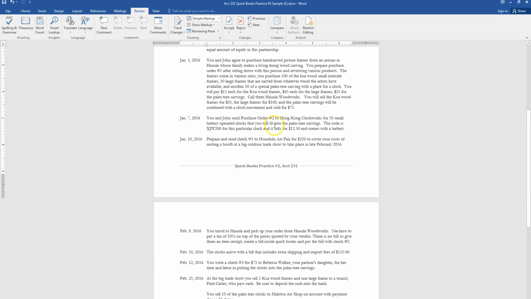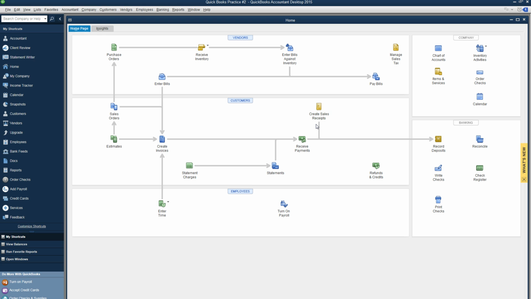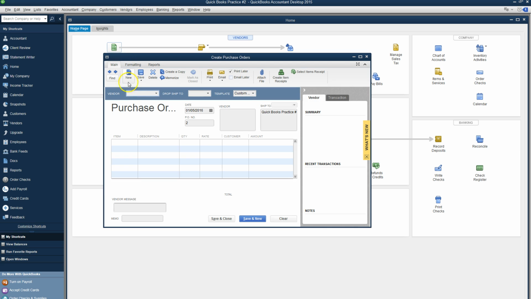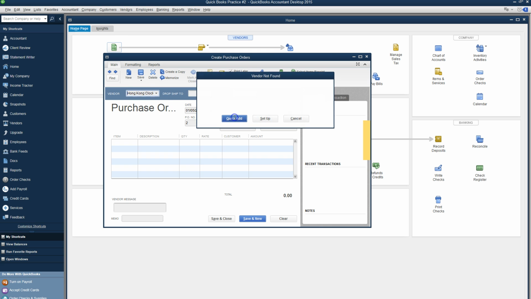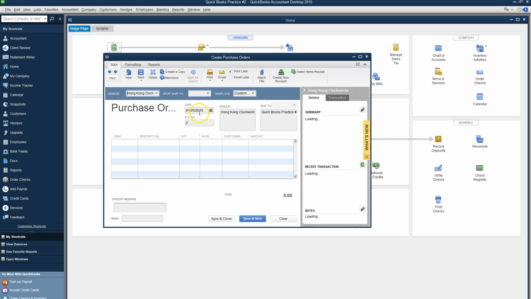So we're going to do a second purchase order to Hong Kong Clockworks for 50 battery-operated clocks. They will sell for $12.50. Okay, so January 7th, we have a purchase order for Hong Kong Clockworks. And we will add them as a vendor. And it's now the 7th of January. And the item we're buying from them